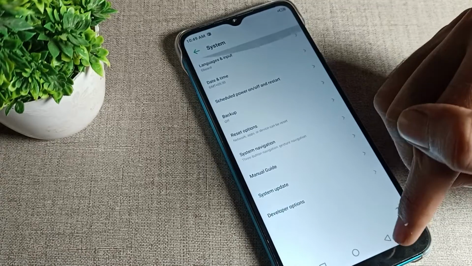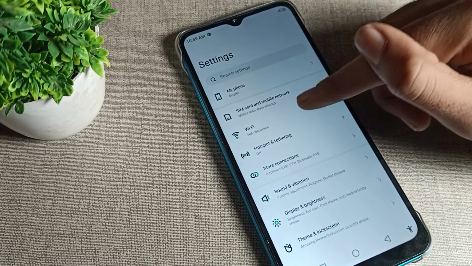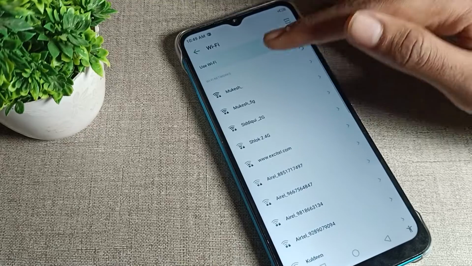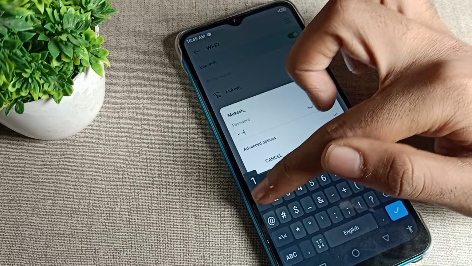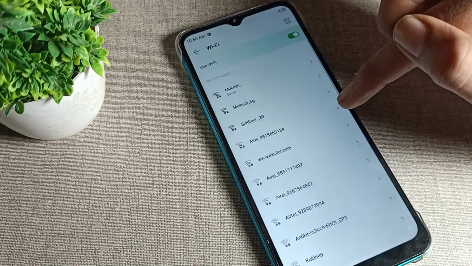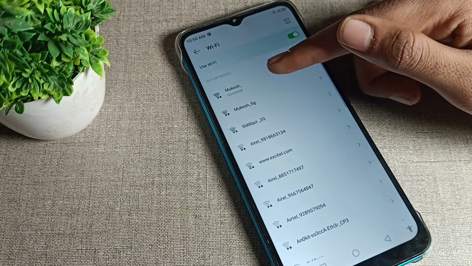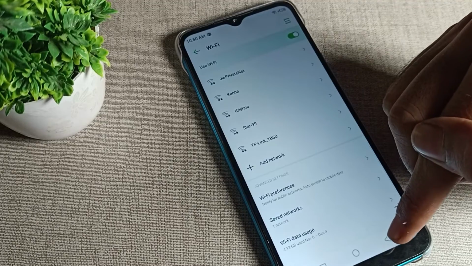Once your Wi-Fi network problem has been solved, you can see Wi-Fi will turn on automatically, and if you want to connect to a network, you can connect from here. So I will enter this Wi-Fi password to connect. You can see that the Wi-Fi network has connected, and now we can use this Wi-Fi setting